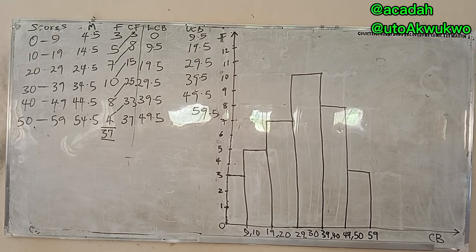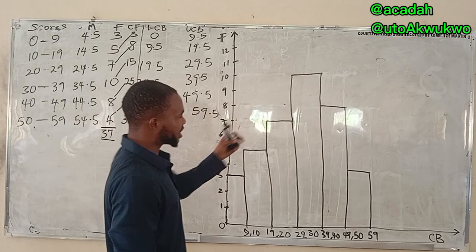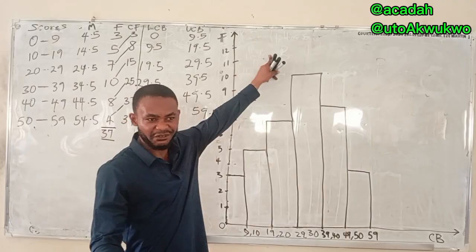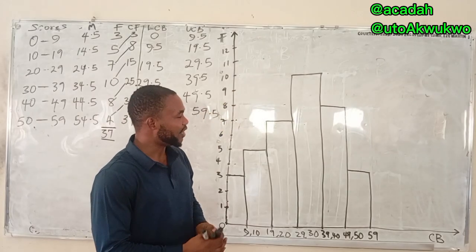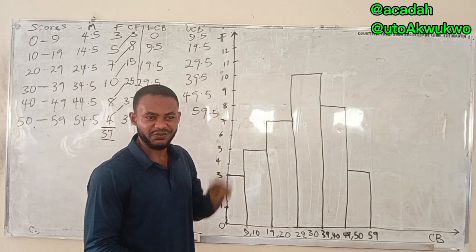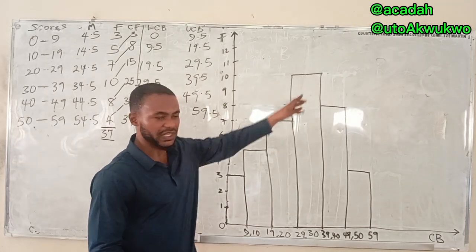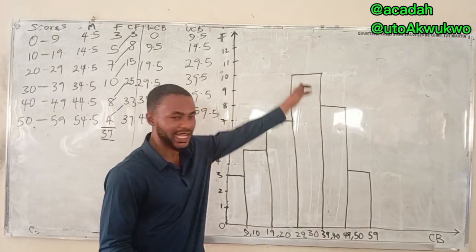So we plotted it. There are so many things we can do to histogram, so many things we can do to bar chart, but I don't want us to do anything to it now till we get to measures of location. We use examples here because as we progress, they will start telling you measures of location. Find mean, find anything. Then they can tell you from a histogram, find mode. Mode is simply the class with the highest frequency. This has the highest frequency.